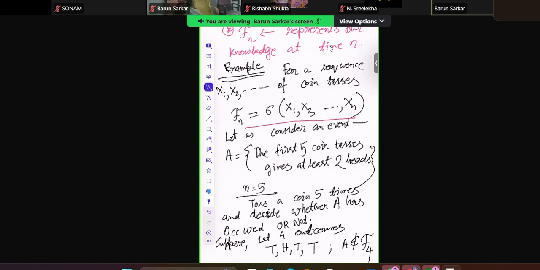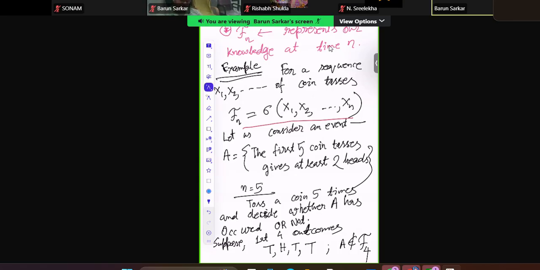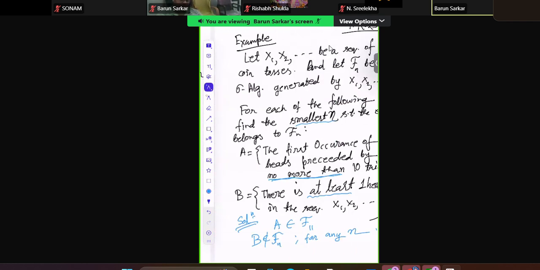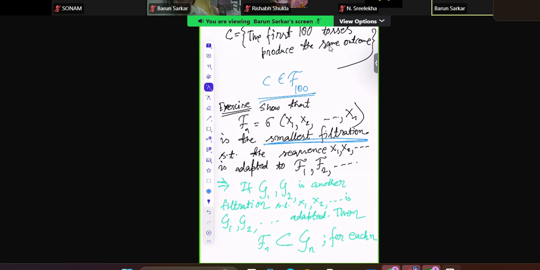So that means Fn contains all the information about x1 to xn. Now, if we see this exercise, the new exercise